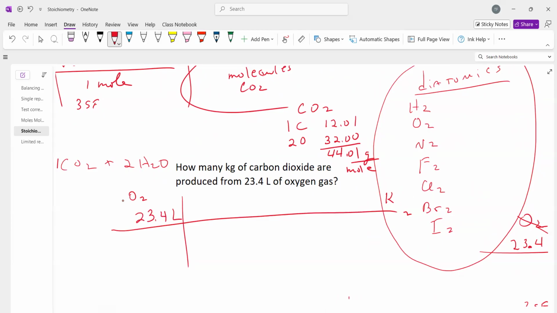Now in this class, if I don't say STP, it is at STP, okay? If it's not at STP, then it's not going to be 23.4. It's going to be some other number. But under standard temperature and pressure, temperature is going to be,